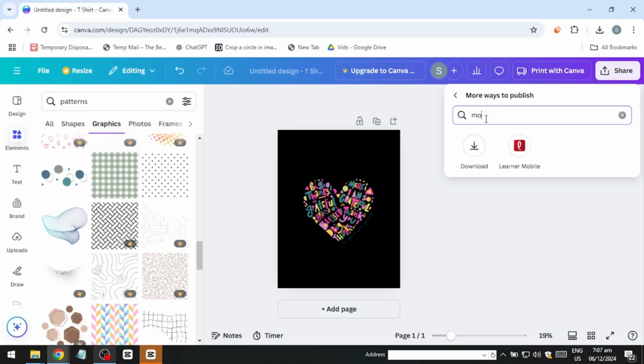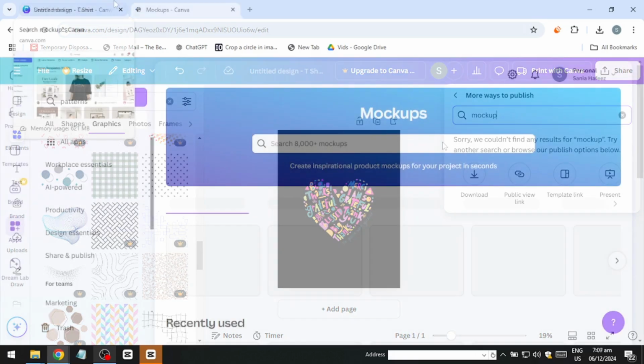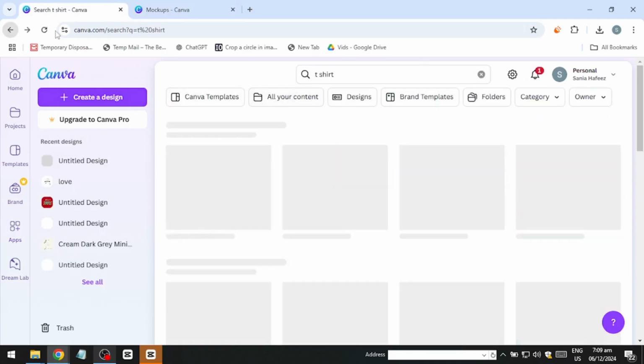When you're satisfied with the design, it's time to turn it into a mockup. Click the three dots in the upper right corner of Canva and search for Smart Mockups. This feature integrates with the Smart Mockups platform, where you can save and preview your design. Log into Smart Mockups with your Google account if needed, and your design will appear ready to be applied to